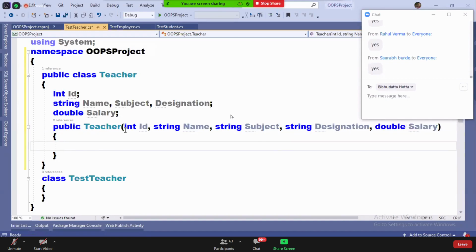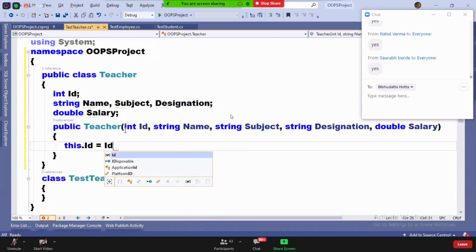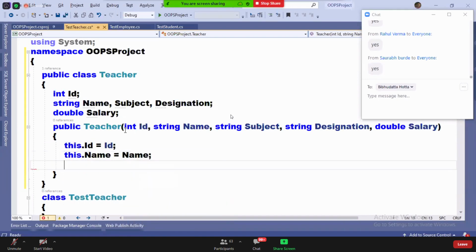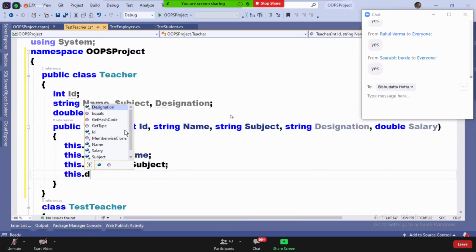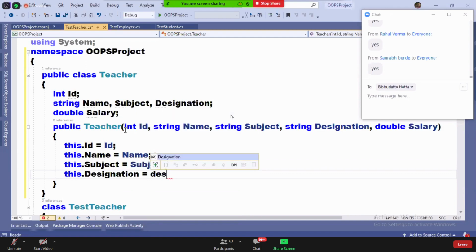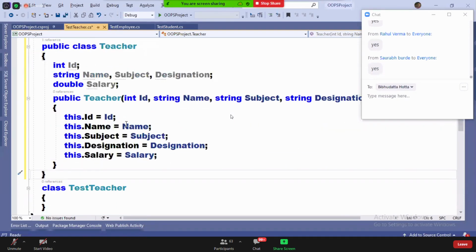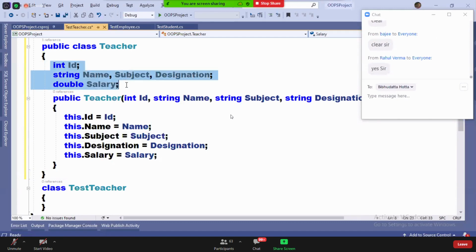What is the logic you write here? this.ID equals ID. this.name equals name. this.subject equals subject. this.designation equals designation. And this.salary equals salary. That's it now. You learned this code already. I did not tell you anything new. Are you guys clear? So whenever I create an instance, all the fields are initialized.